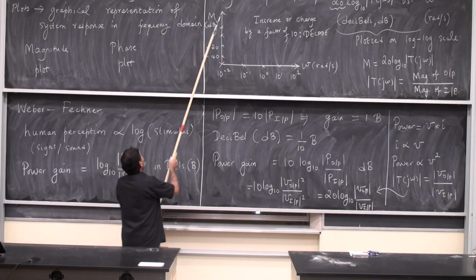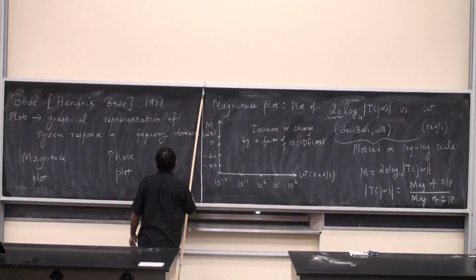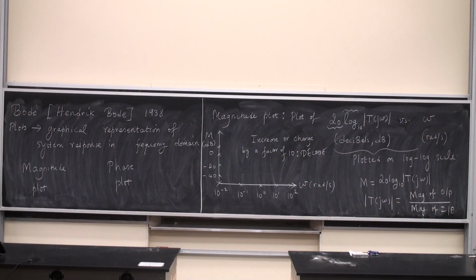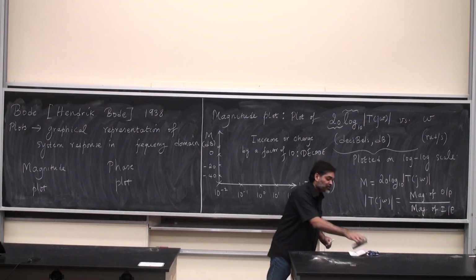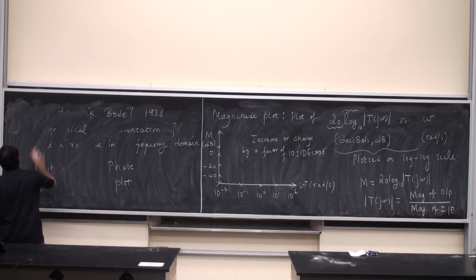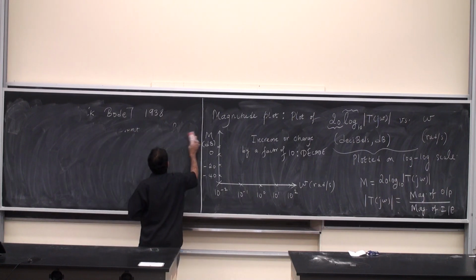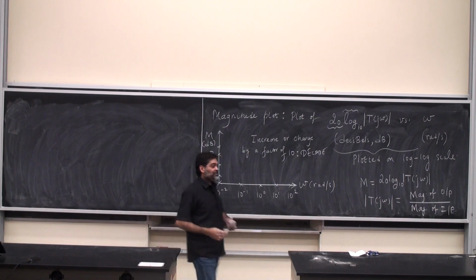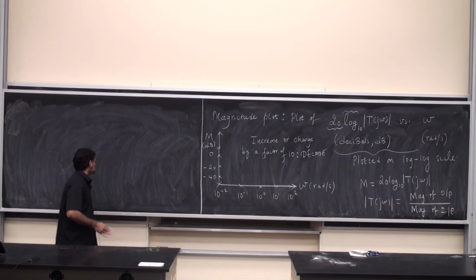I'm going to pull this down. So that's one thing, and so we're going to make use of this to plot the frequency response for our system. Okay, so let's go back to our system. How do you plot the magnitude plots? We make use of what is called asymptotic analysis. Okay? So for us,